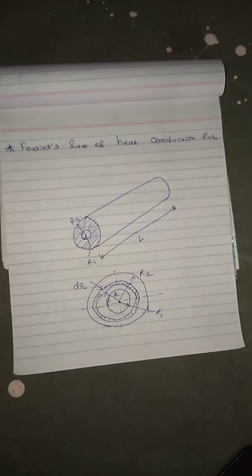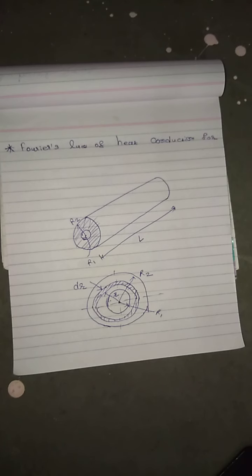Good morning, friends. Today we will discuss Fourier's law of heat conduction for a cylinder. In the previous lecture, we already discussed Fourier's law for a simple plate, in which we derived one equation from which we can find the heat transfer from one surface to the other surface in a plane wall. Now, if the heat transfer occurs in a cylinder, how we can find it through an equation, we will see